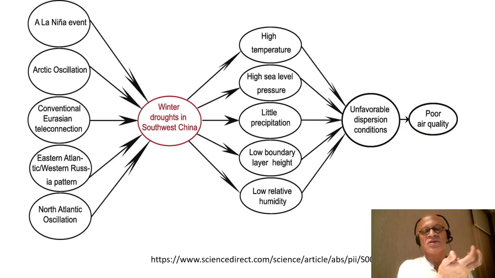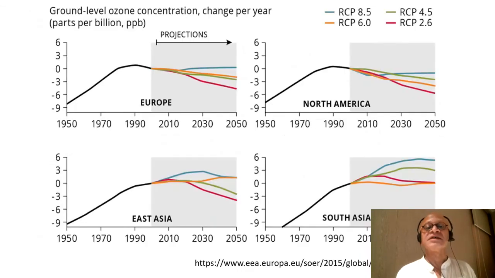Remember, a large part of China is affected by the Gobi Desert dust coming over and can put lots of haze and dim the sunlight during the days and so on and so forth. Of course, have health effects. So these unfavorable dispersion conditions tend to make air quality much poorer and then affect health as well.